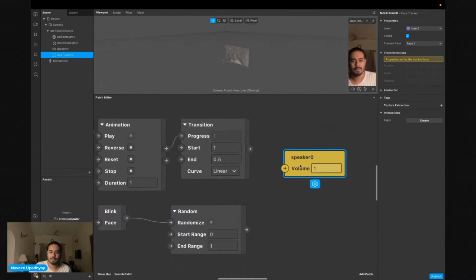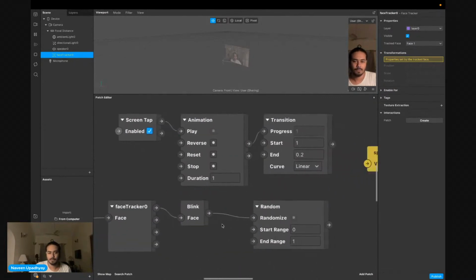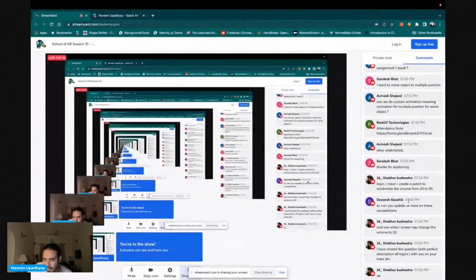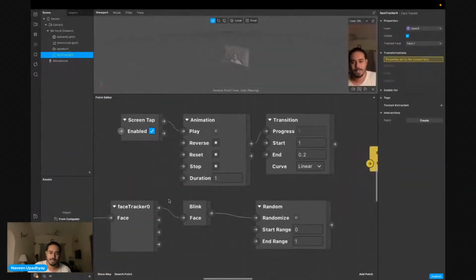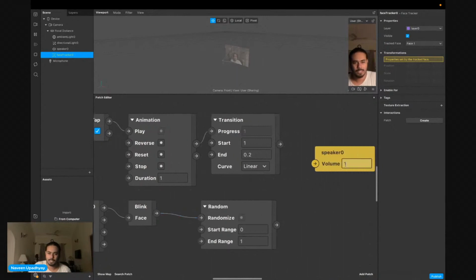If you screen tap, then the volume should go to 0.2 from 1. What was your second logic? Create a patch to randomize the volume. But how do you want to randomize it? There should be some pulse. For example, I'm taking the blink, and you can take any to connect it here. That should give me that.